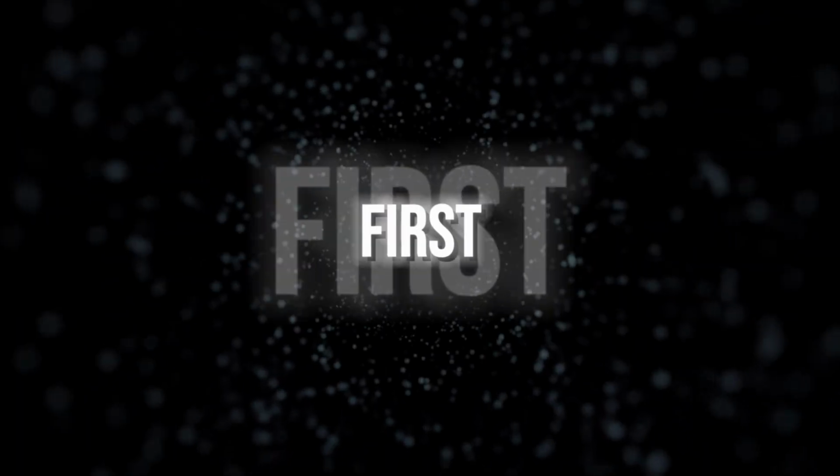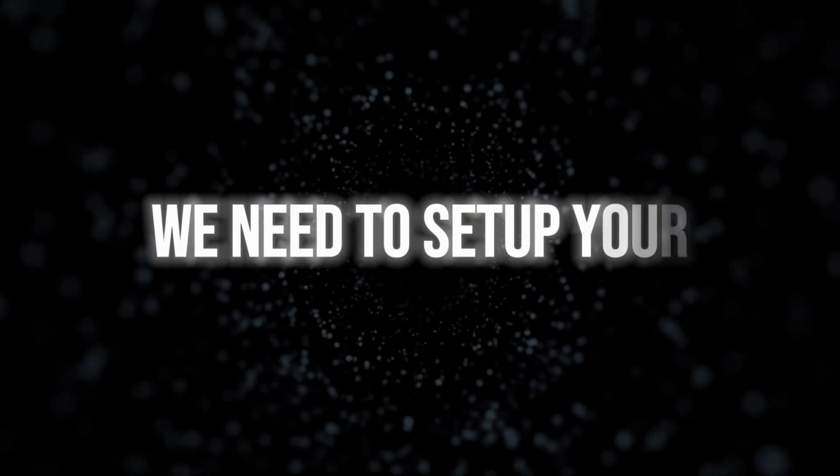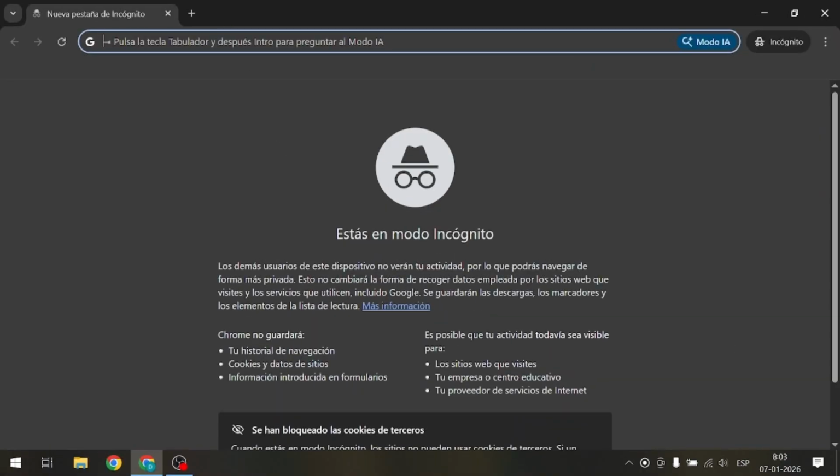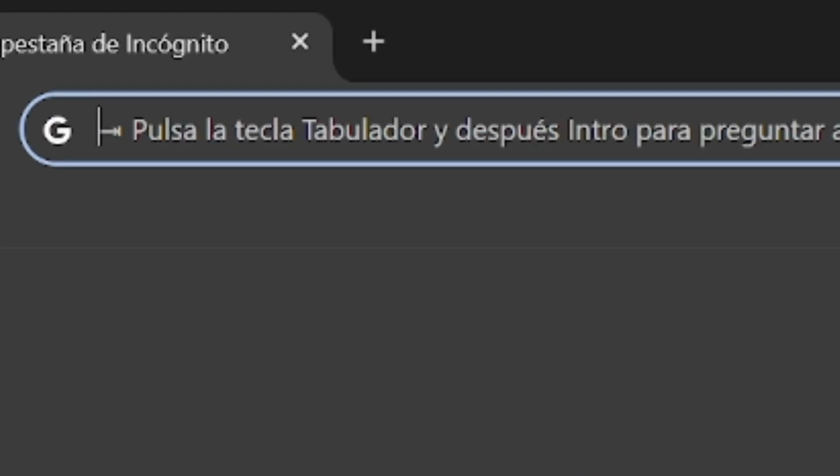Alright, are you ready to get started? First things first, we need to set up your Anki ecosystem. Anki is available on computers and phones, but we're going to begin on a desktop because it's so much faster and easier to manage your cards in this way. You can absolutely use your phone to review and study your flashcards, but trust me, you want to do the initial setup here. Open up your web browser and go to the Anki official website.